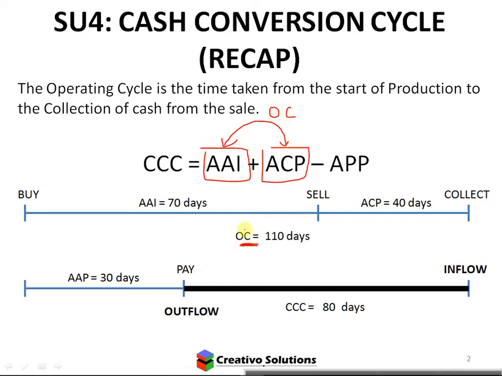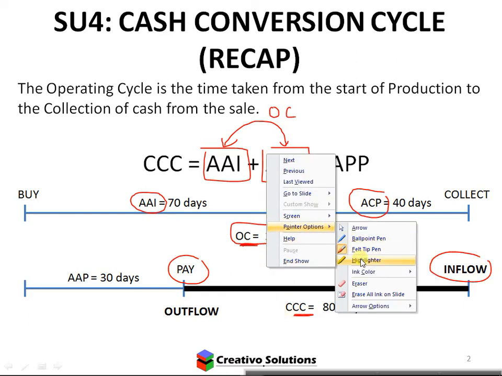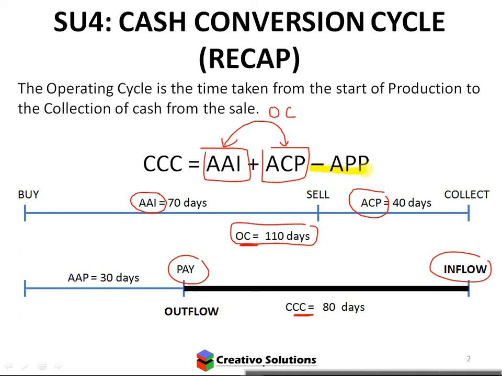Okay, so the example we looked at last week was this one basically. Obviously you've got the completed answers here. If I take the average age of inventory, which is how old the stock is on average, and I look at the receipts, i.e. the collections, that gives me the operating cycle. Right, this is the actual cash conversion cycle, because do you agree, if you're able to secure favorable credit terms